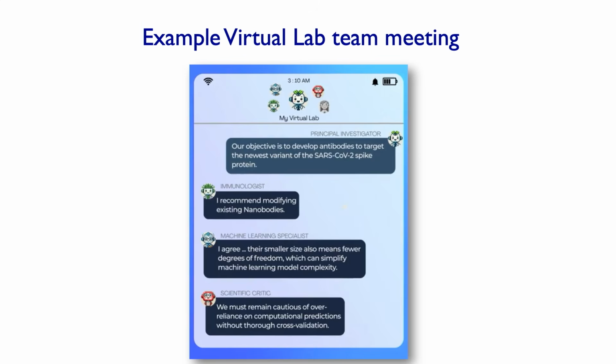We also have a critic agent, whose job is to provide more skeptical feedback on the ideas of all these other agents, sort of like a professional devil's advocate. It's very useful to have this critic agent in all these meetings. Here the critic agent says that if you're going to try to design nanobodies, we don't have a lot of public data for that, so you need to be very careful about overfitting these models. The actual meeting goes on for longer. Here I'm just showing the first part, and you can already get a sense of how the agents can interact, build on each other's ideas, and relatively quickly converge on a research plan for this quite challenging open project.